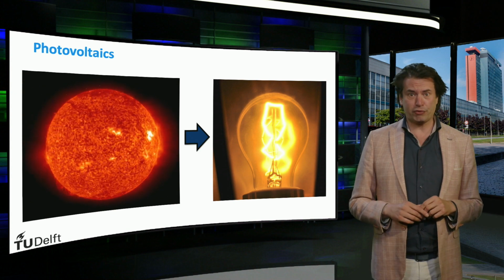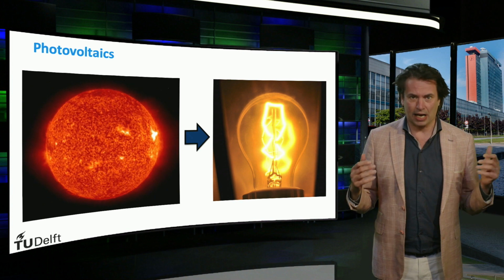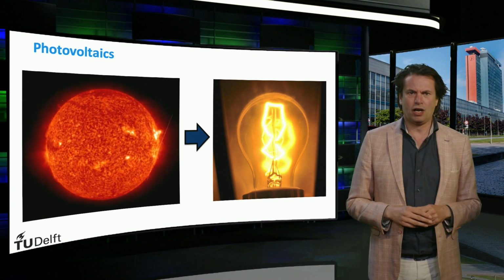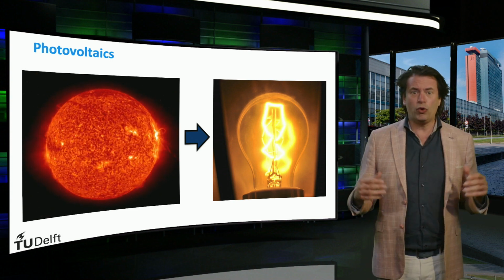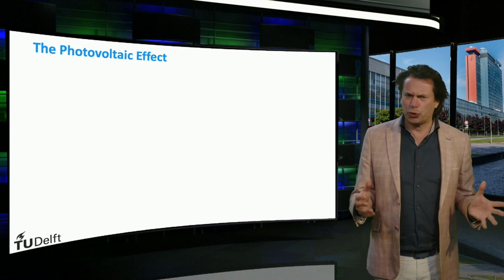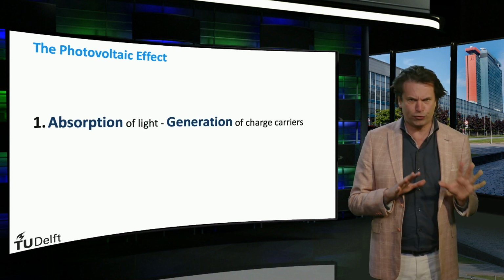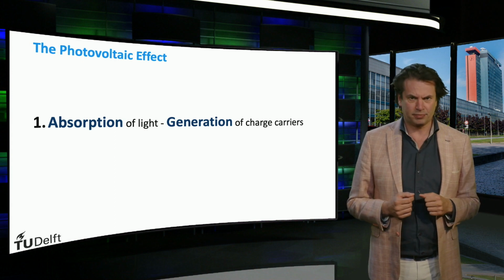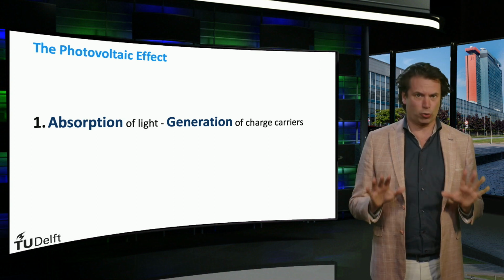The term photovoltaics is derived from the Greek word phos, which means light, and volt, which refers to electricity, specifically voltage. Volt is a reference to the Italian physicist Alessandro Volta, who invented the battery. The photovoltaic effect occurs through the generation of a potential difference at the junction of two different materials in response to electromagnetic radiation. The photovoltaic effect consists of three distinct processes.